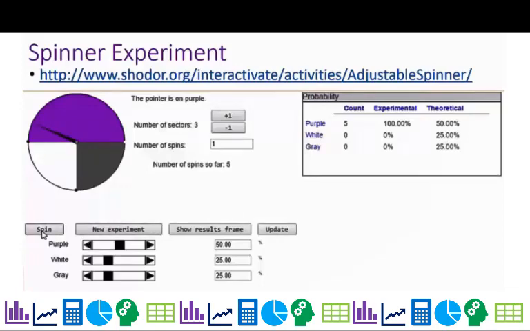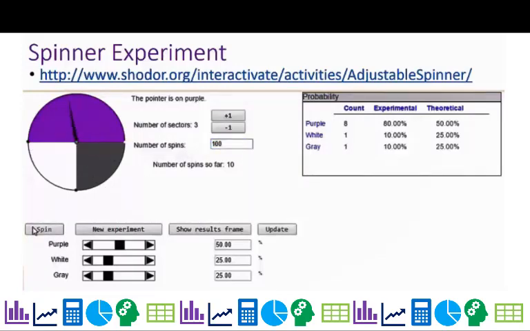We got 100%. And another purple. 6 purples in a row. Wow. Finally, we got a white. Okay, it'll settle down now. Wait, we got another purple. And then a purple. I thought we were going to get a gray on that one. And a gray finally. So the thing is, this is not behaving very well. Why is that? We've only been doing 1 spin at a time.